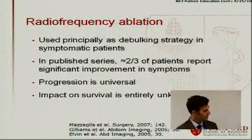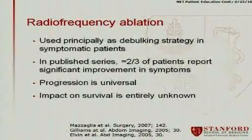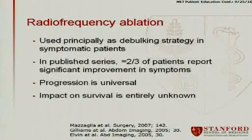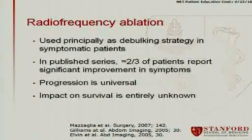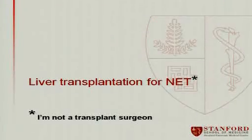And truthfully, even the data for this in terms of its impact on survival is really entirely muddy. And I think we can extrapolate from surgical data that it can, in some patients, likely help achieve survival, but we don't know that in any meaningful way. So this, I think, is also a really important question that comes up very frequently because it's